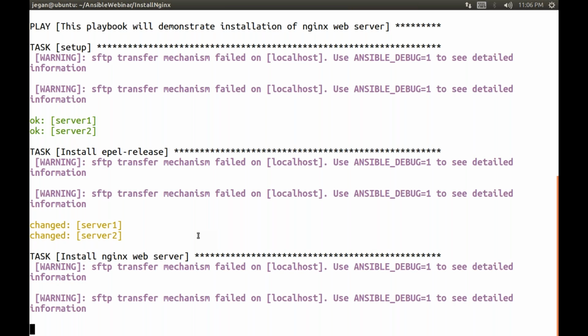And the other thing that I would like to explain is that you can see certain things are shown in green, certain things are shown in yellow. So what is the meaning? The color coding tells that if everything went well, the operation succeeded, right? Basically it was executing this setup module, which means it has gathered facts about server 1, and Ansible also has gathered facts about server 2. In this process, it has not modified the state of the machine. Server 1 was not modified in any fashion, and the same way server 2 also was not modified in any fashion,